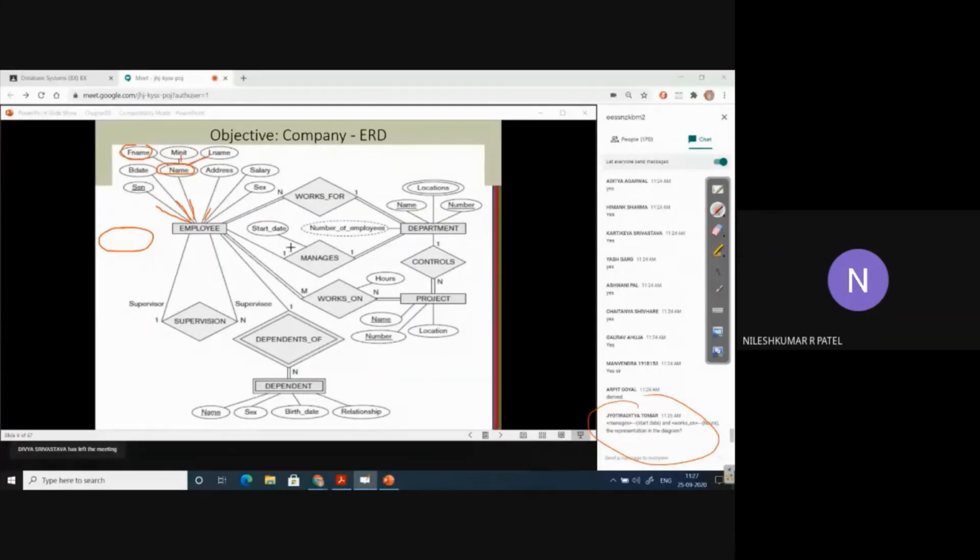But here, if you have observed it correctly, we are connecting this oval, that is an attribute, with a relationship, that is a diamond. This is something unusual, I have not explained that. So this is also another case. If you can see, I have not explained this particular part. So you are right, correct, Jyotiraditya, and it is good actually.